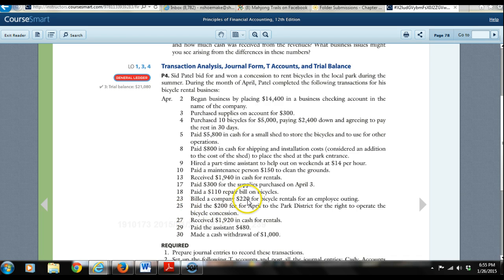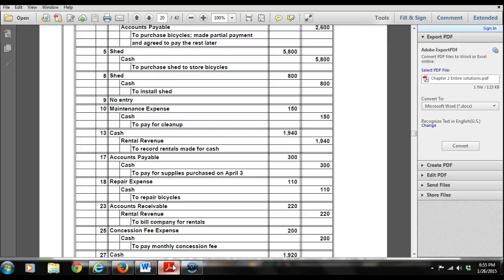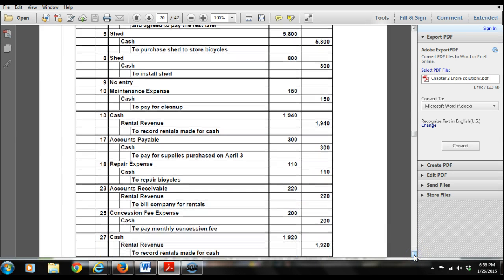We billed a company $220 for bicycle rentals for an employee outing. So basically what's happening here is we have revenues coming in. We didn't receive the cash, but we anticipate receiving the cash. So this will be an accounts receivable. As you see here, accounts receivable is an asset account. When we increase an asset account, we debit that account. So we show here accounts receivable will be debited for $220,